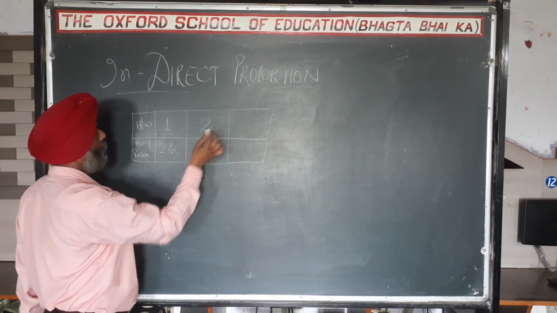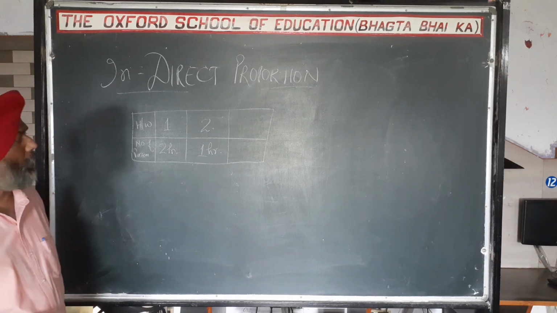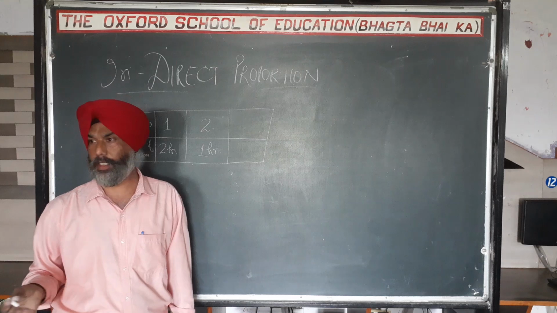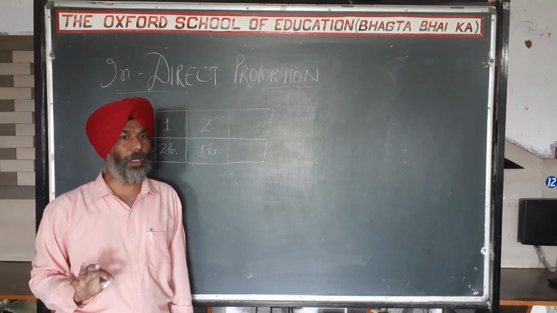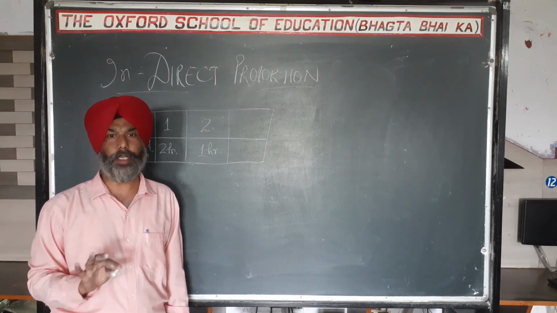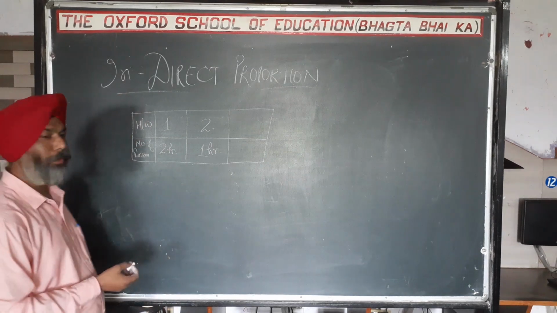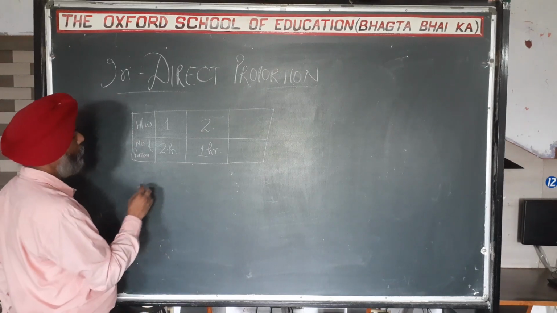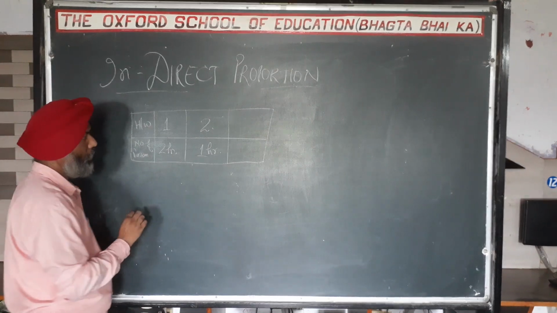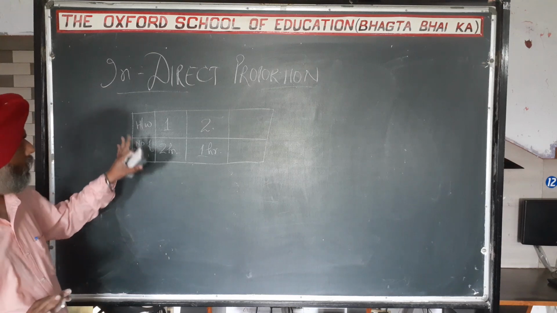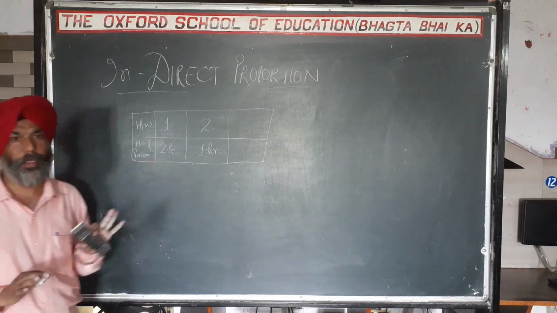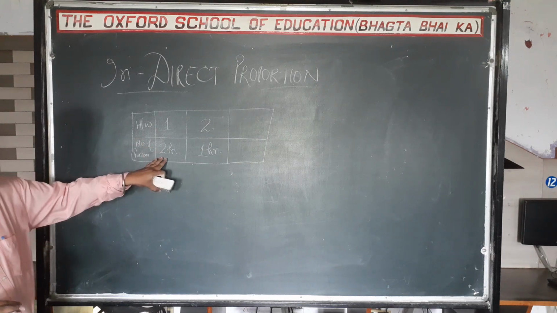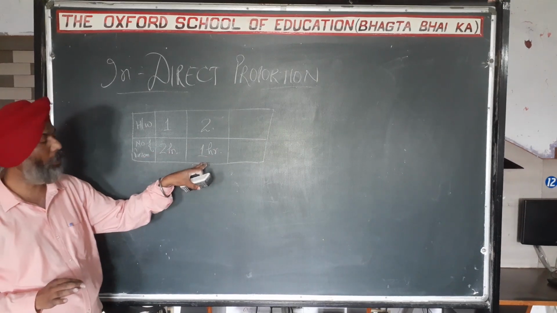Because when the number of persons increases, like in our daily life, suppose we are doing any work, checking work, or preparing any list or slips, when we prepare it ourselves it takes too much time. When we divide our work or take the help of others, my work is going to be finished very quickly. So here we observe one thing. What are you observing? Analytically, tell me please. Something is going to be equal again. What is going to be equal here? Suppose we take the example of this question. One person doing it takes 2 hours, 2 persons doing it take 1 hour.